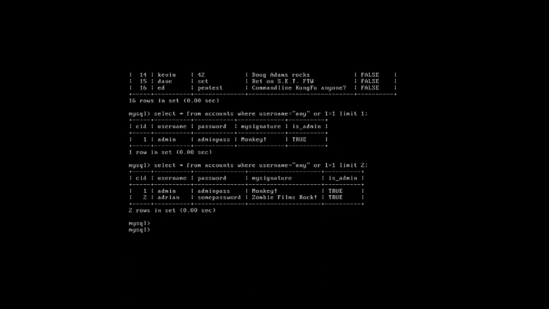Now I will show you the queries which are related to error-based SQL injection using the operating system Metasploitable 2. Now suppose from the table accounts we want to select some entry. Select star from accounts